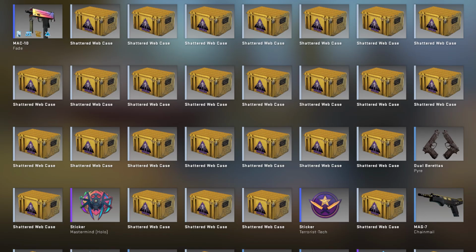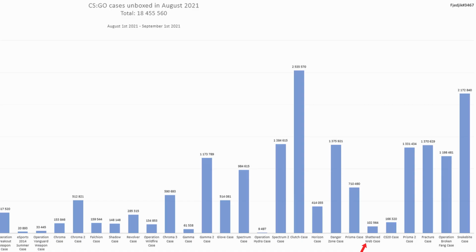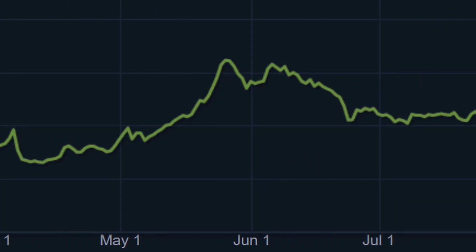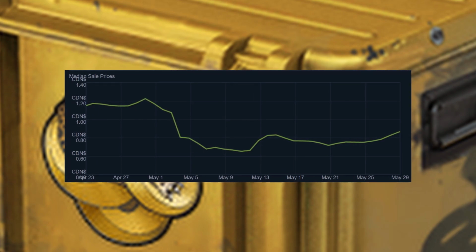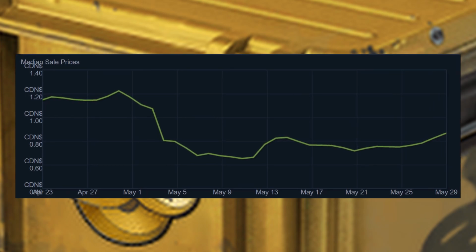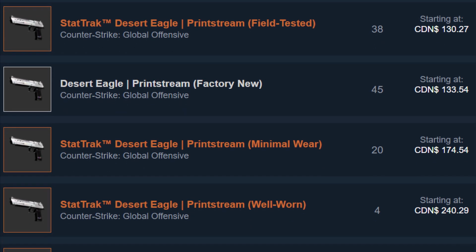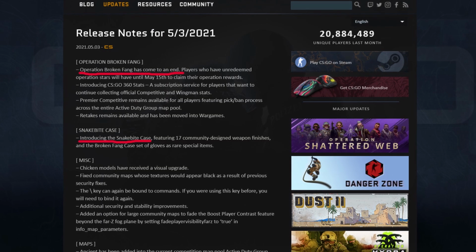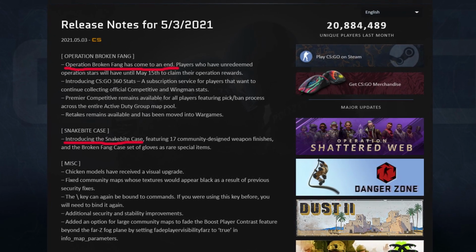Some people still held hope that maybe the quantity was low enough that rarity would carry the price back up, but we have not actually reached that point yet. The unbox rate of the Shattered Web case is atrocious, so prices are still low. Not at their lowest point, but for most people it has been 2 years at a loss. The Broken Fang case didn't have as big of a drop initially, partially because people will still open it to get a print stream, but also because the new Snakebite case that contained the same gloves was released at the end of the operation. I do still hold out a smidge of hope for this case because of the skins,